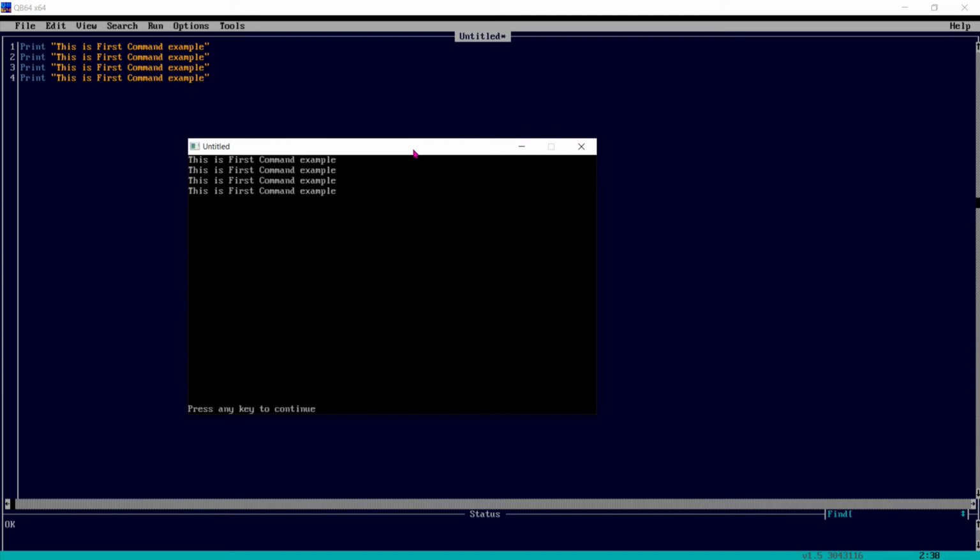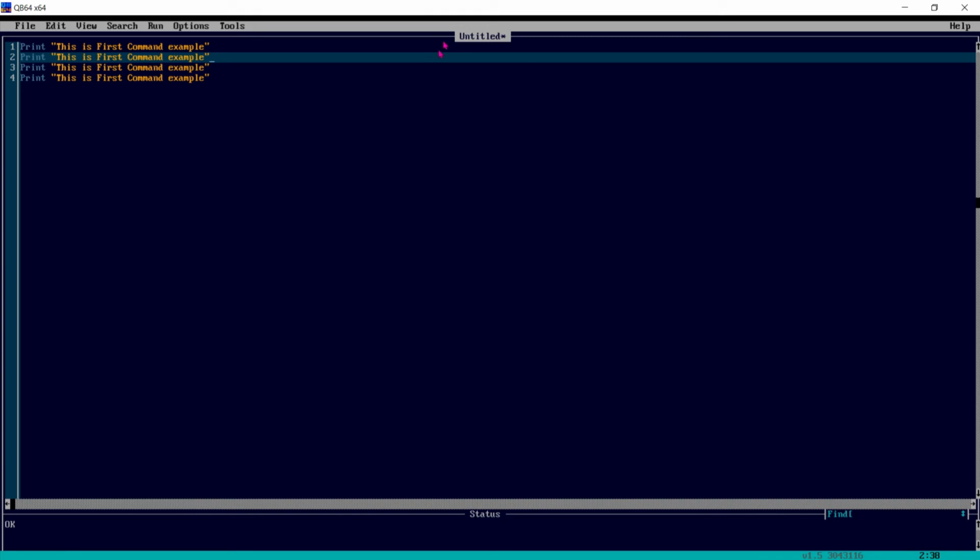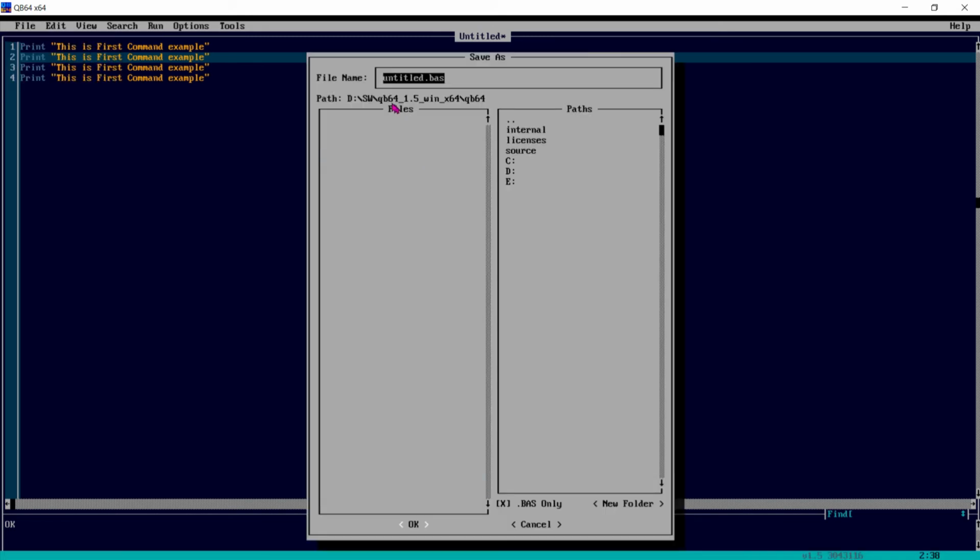How to save a program? You have to go to File. Here we have Save As, because presently the file name is untitled and we want to change it. It is asking what should be the name, and this is the path. It is going to save in this D drive in this folder.